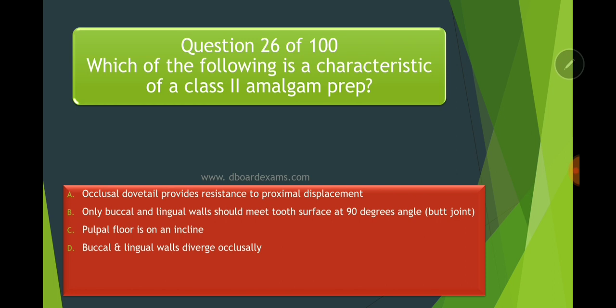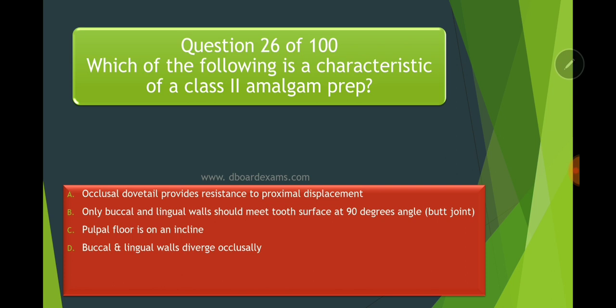So, what we discussed in the previous video series, in the second video series, we discussed the amalgam preparation. Make sure you know our class 2 amalgam preparation really well. All right. There's no excuse going in the exam without knowing the class 2 amalgam prep. So you have to know it. So A,